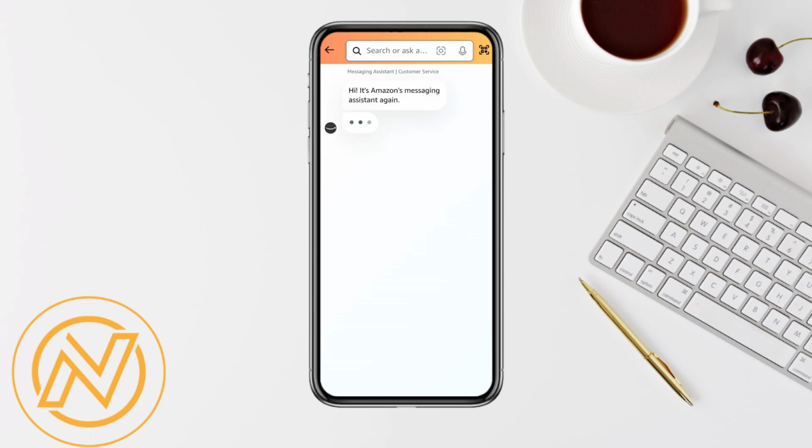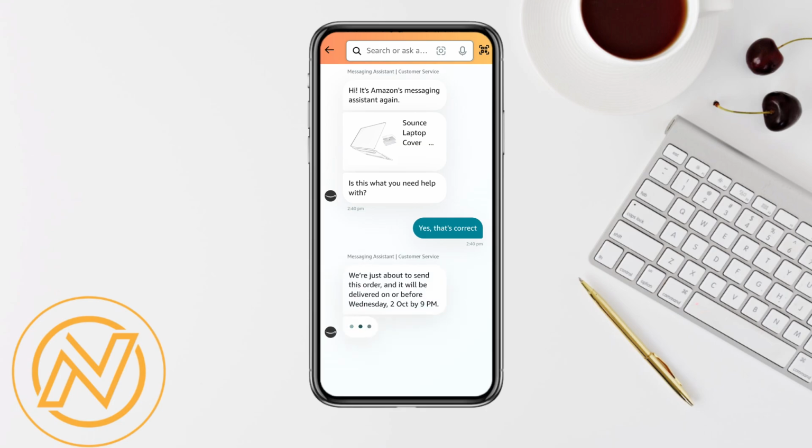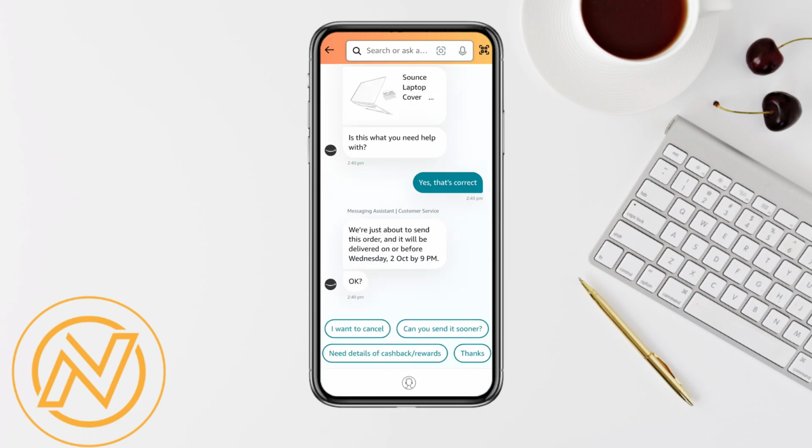and after that the Amazon assistant will message you. It's auto-generated messages that you are receiving right now, and you simply have to contact the customer service while selecting the product that you want to contact the Amazon customer support for. So for example, I have ordered this particular order, so I'm contacting for this. So they are telling me that your order will be delivered on this date,